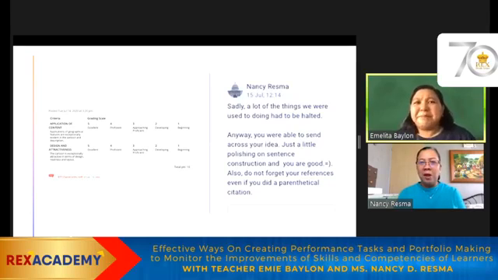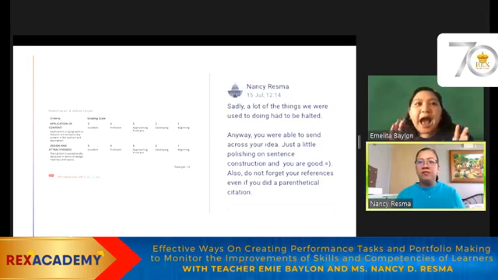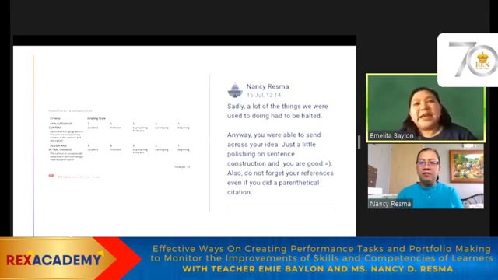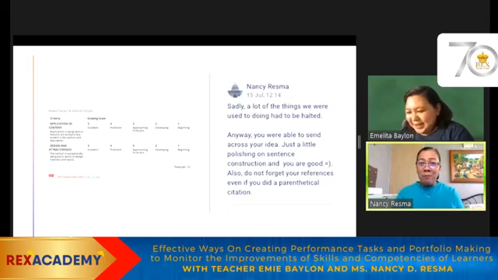Di ba tayo mga Pilipino minsan sa pagnanais nating mapabilis yung trabaho natin, minsan kung ano-ano na lang yung mga sinasabi natin. But if we give the activity time, if we're able to give the right amount of time in checking their activity or their works, I'm sure we will be giving fair feedback to them. Am I making sense, Miss? Of course, ikaw pa ba?